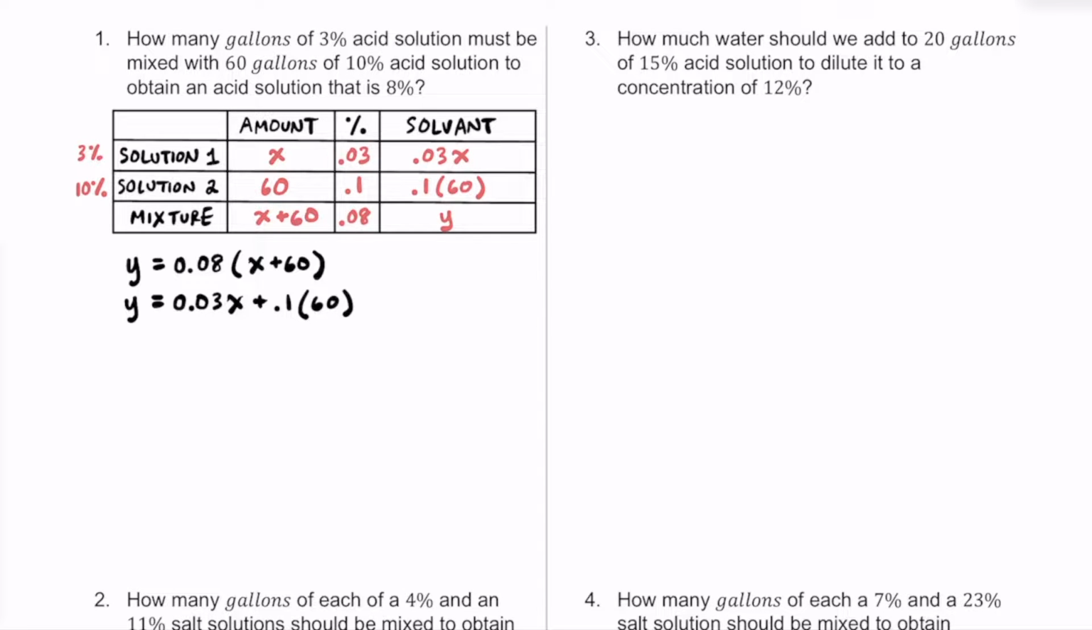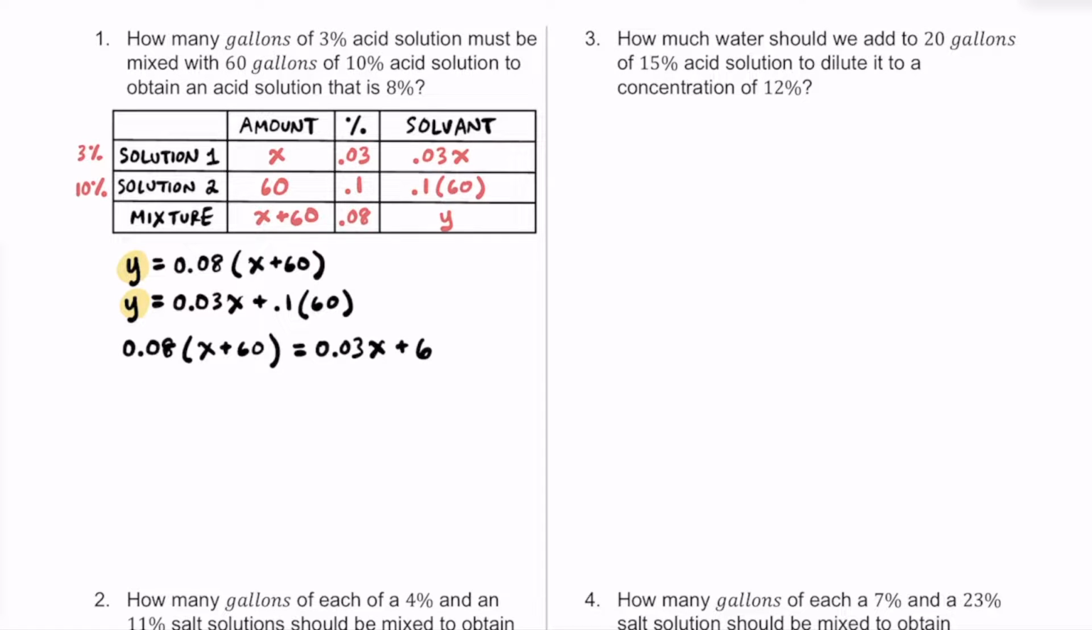since we can see here that y is actually equal to both of these expressions, so we can set them equal to each other. So let's go ahead and write 0.08 of this x plus 60, that's a total mixture, is equal to the total of that solvent here, which is going to be 0.03x plus 0.1 of that 60. Now this 0.1 of 60 is just 10% of 60, so I'm actually just going to go ahead and erase that and say 10% of 60 is going to be 6, so I'm going to replace that with a 6